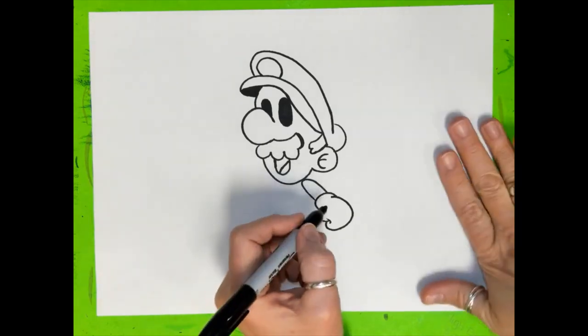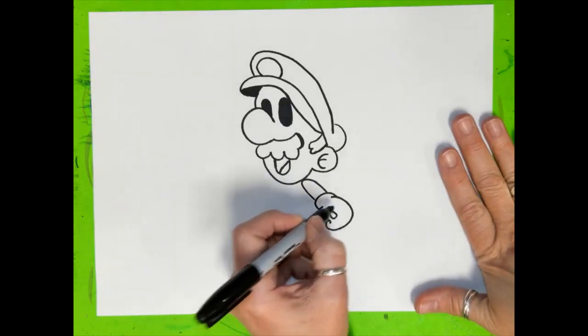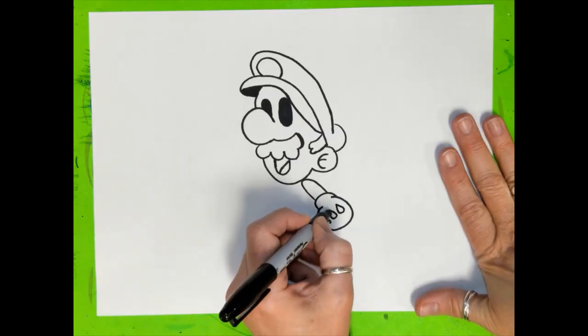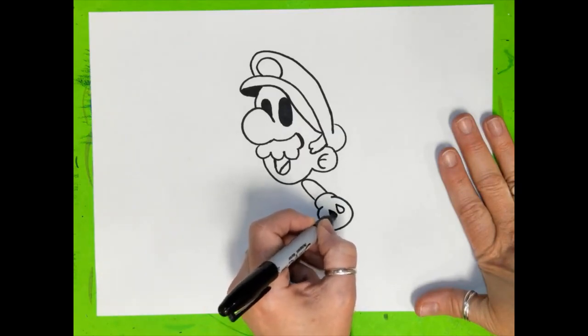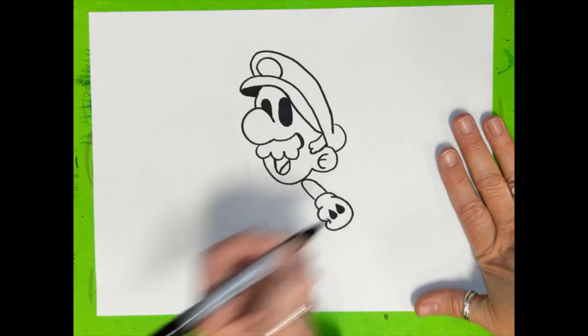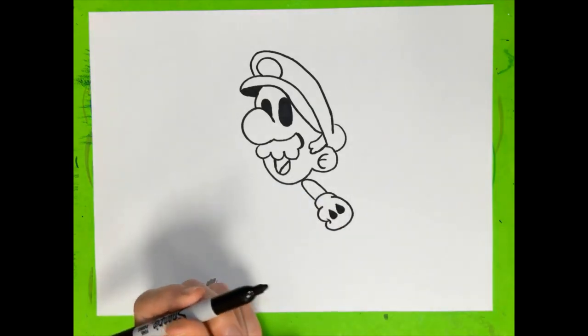Alright, and as I'm sure you know, he has these little teardrop, raindrop shapes on his glove. There's 2 of them, I believe. We're going to draw those and color those in black with our Sharpie. He's starting to get there. He looks a little stretched out and thin, but he's...